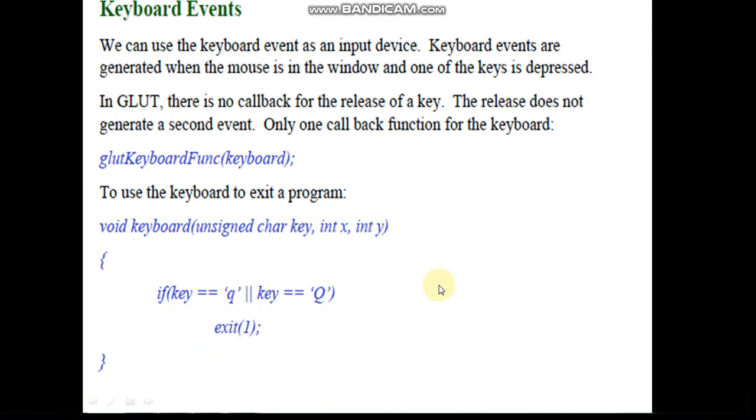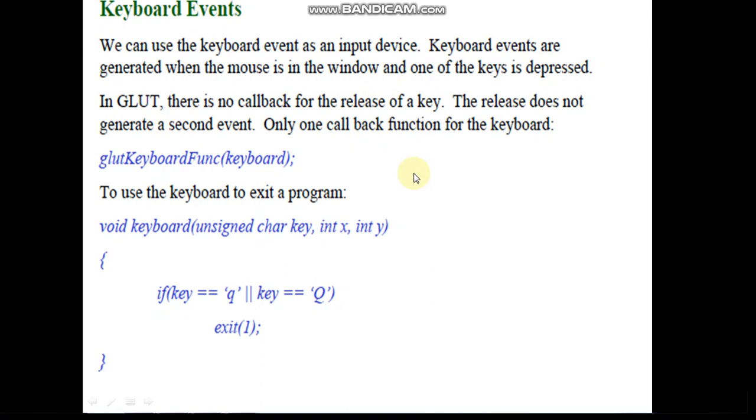Then keyboard events, we'll see. We can use the keyboard events similar to what we have used for the mouse. These are generated when the mouse is in the window and one of the keys is depressed, right? A key on the keyboard is pressed, but there is no callback function for the release of a key. The release does not generate a second event in the case of the keyboard.